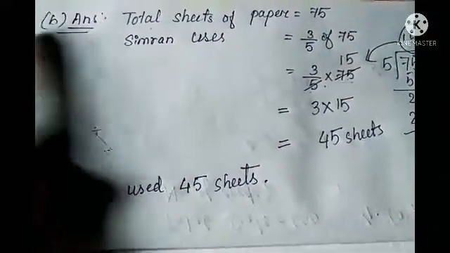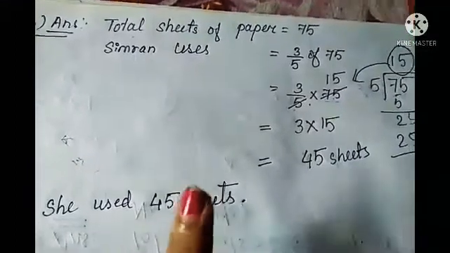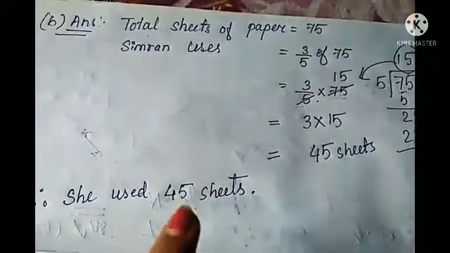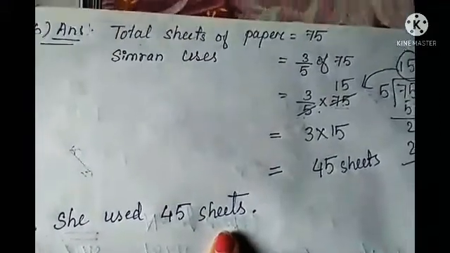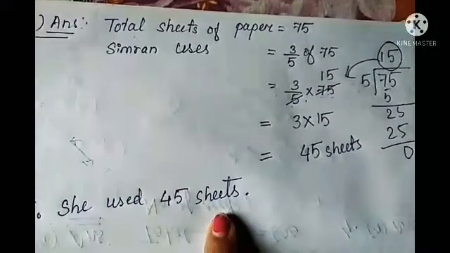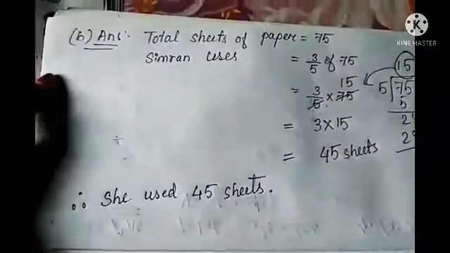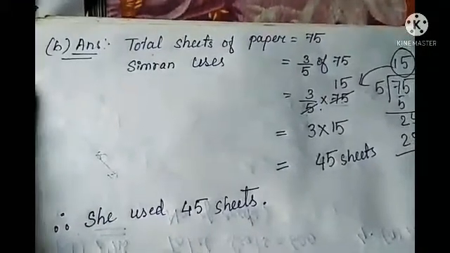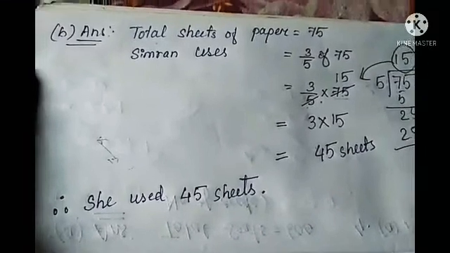Okay, and students, I think you can do this now because they are very similar, and in case of C and D number also it is the same. You just read the question properly, okay, and try to understand them and see what you have to find out. Okay, so this C and D number you can do by yourself, and if you face any problem or difficulty in solving that, you can ask me.